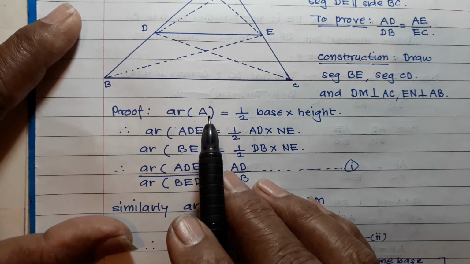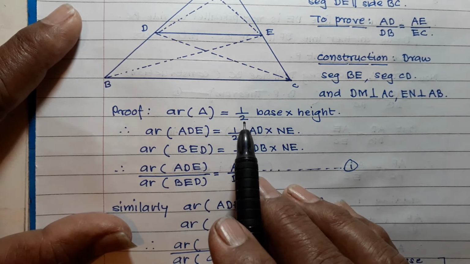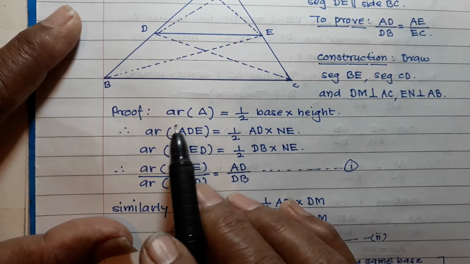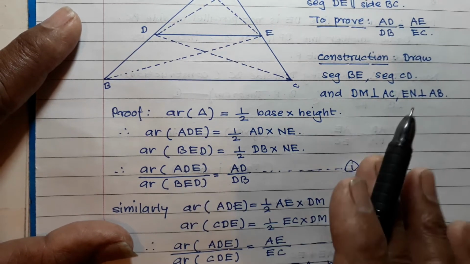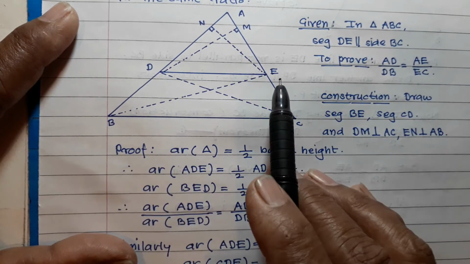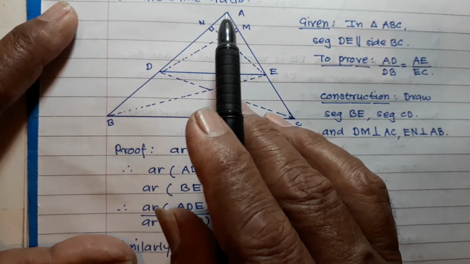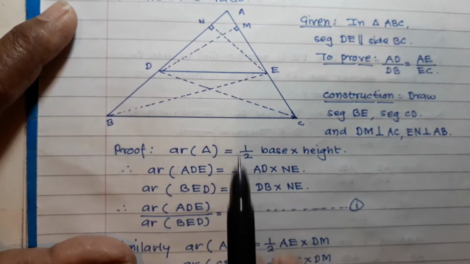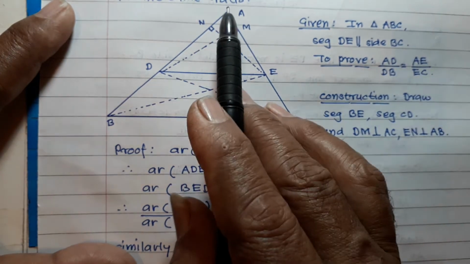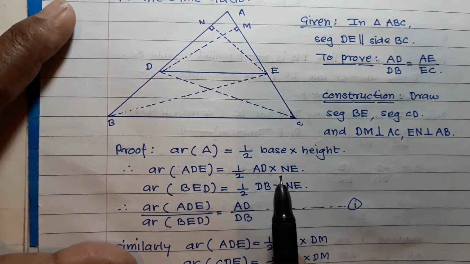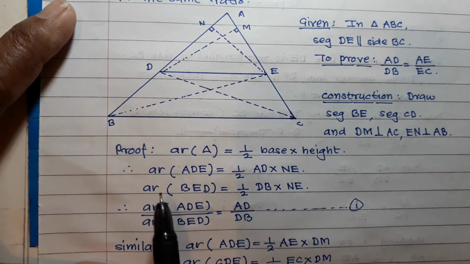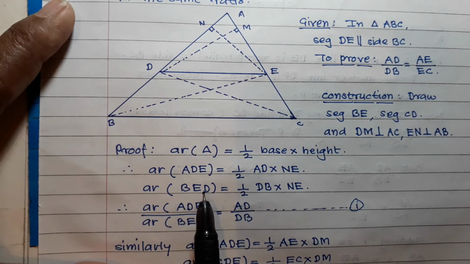Area of a triangle is equal to 1 upon 2 base into height, and therefore area of triangle ADE is equal to 1 upon 2 base AD into height NE. Okay. Then area of triangle BED